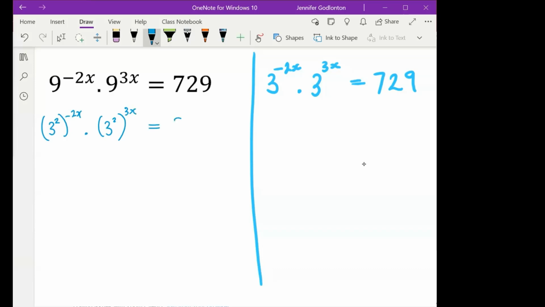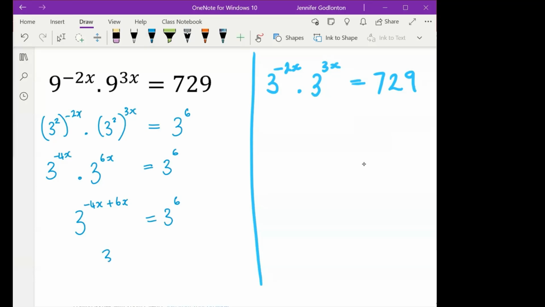And I put this into my calculator, I would see that's 3 to the power of 6. So then that's going to be 3 to the -4x times 3 to the 6x is equal to 3 to the 6. And I'm going to group those ones on my left. So I'm going to have 3 to the -4x plus 6x is equal to 3 to the 6,